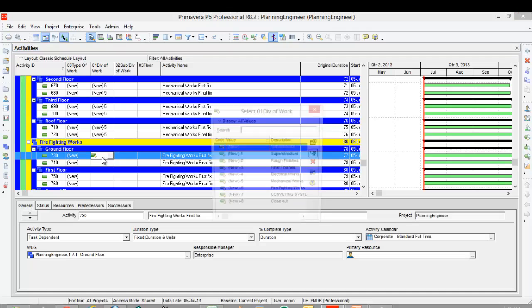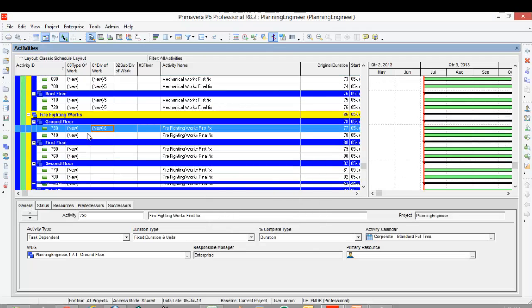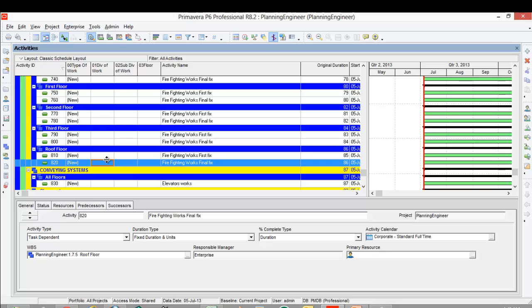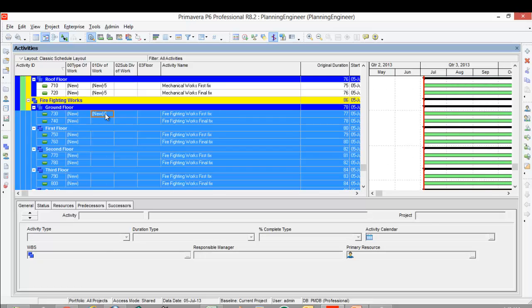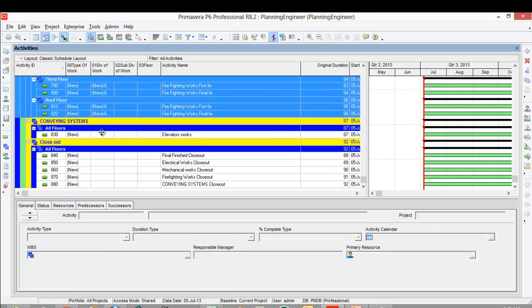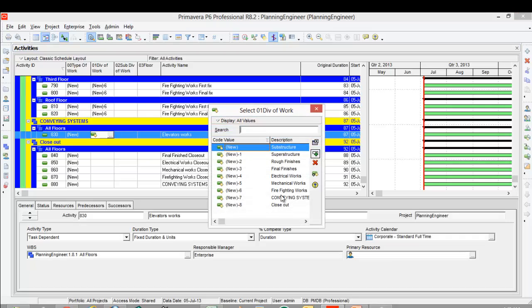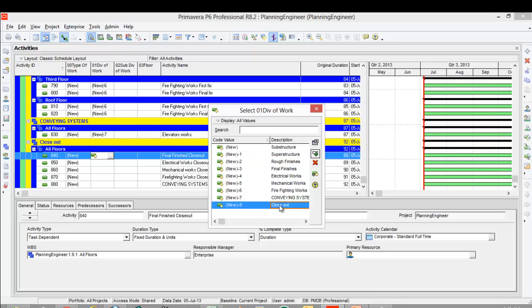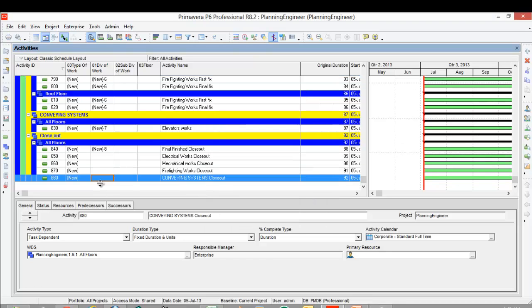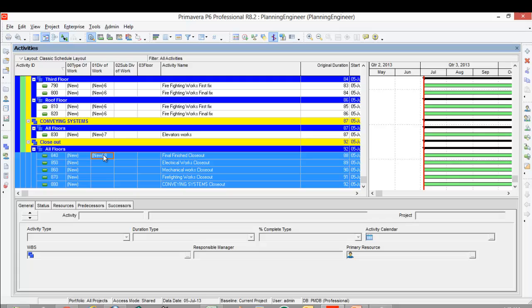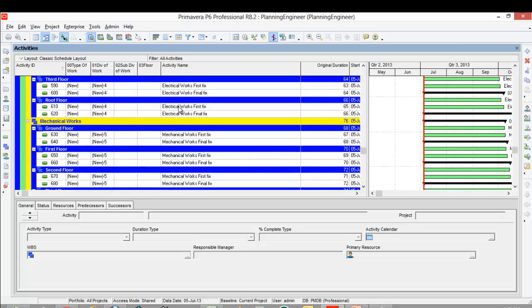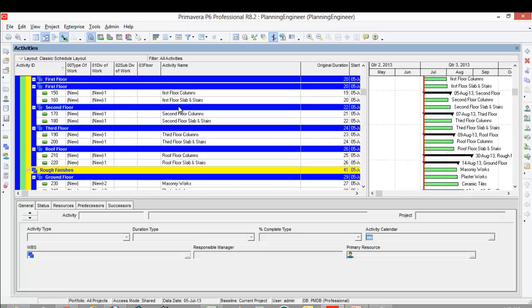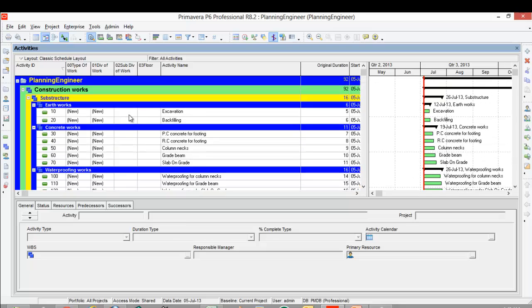Then we'll go to the firefighting works. I'll click here, then shift, control E, and then conveying system, and this is the close out, and shift, control E. Now we'll go to subdivision of work.